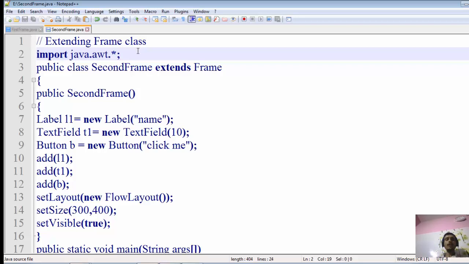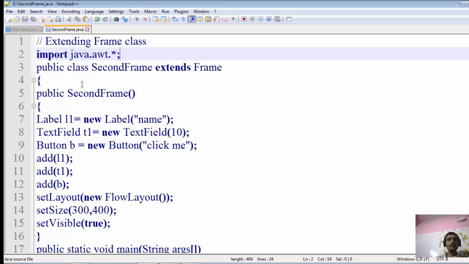In my lecture on the AWT I told you that you have to extend the Frame class, and it is a good practice to create these frames this way. We have to use this approach to make our frames, so in the subsequent programs we'll use this type of approach. This is a good practice.